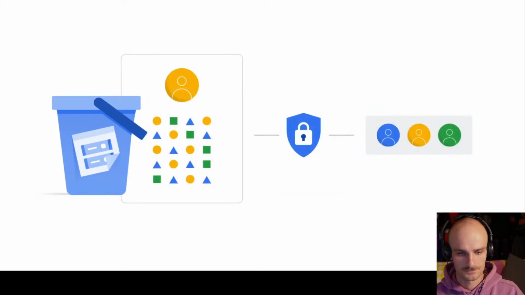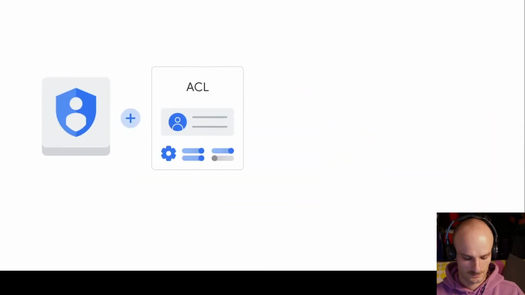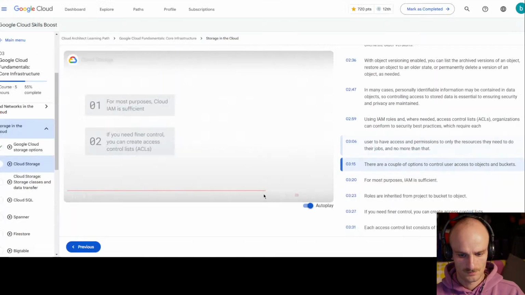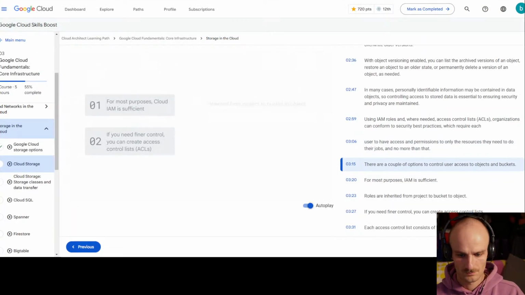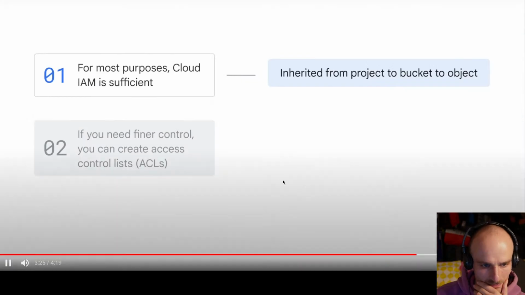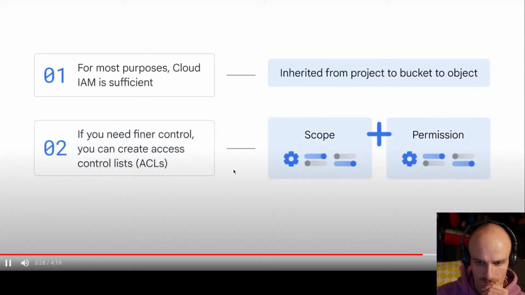In many cases, personally identifiable information may be contained in data objects, so controlling access to stored data is essential to ensuring security and privacy are maintained. Using IAM roles and, where needed, access control lists, organizations can conform to security best practices, which require each user to have access and permissions to only the resources they need to do their jobs, and no more than that. There are a couple of options to control user access to objects and buckets. For most purposes, IAM is sufficient. Roles are inherited from project to bucket to object. If you need finer control, you can create access control lists. Each access control